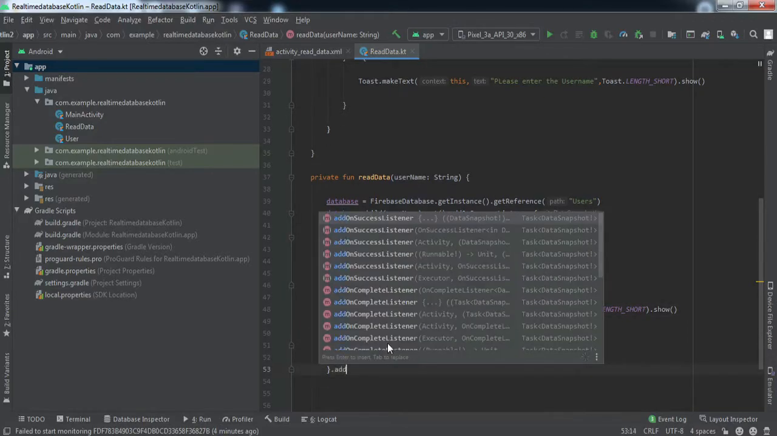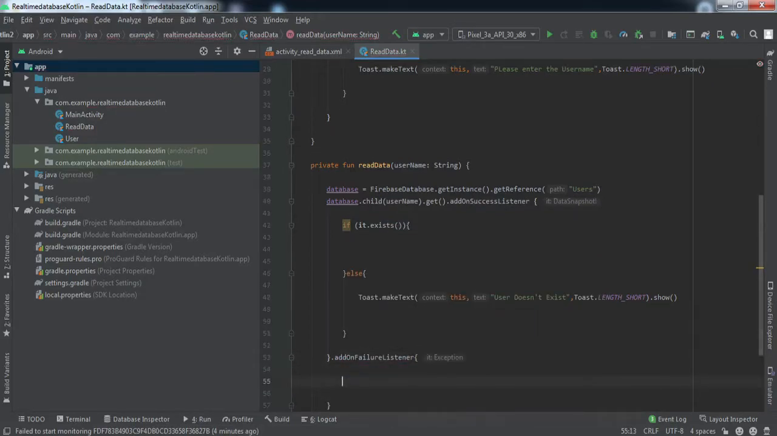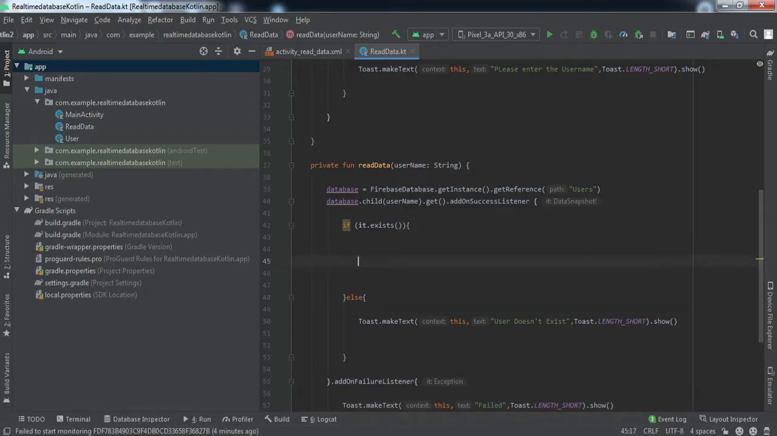And we'll also attach the on failure listener. So here also we'll raise a toast. So if for any reason we are unable to read the data, there is a failure while reading the data from the real-time database, we'll raise a toast which says failed. So if everything goes right, we are able to get the data. Then